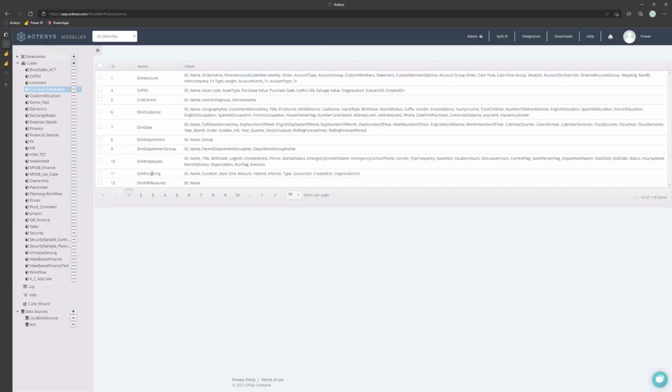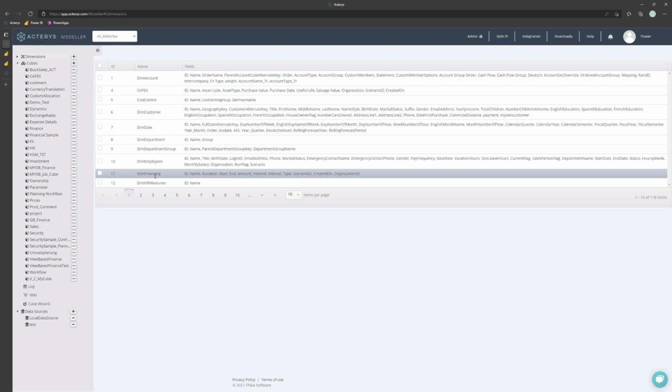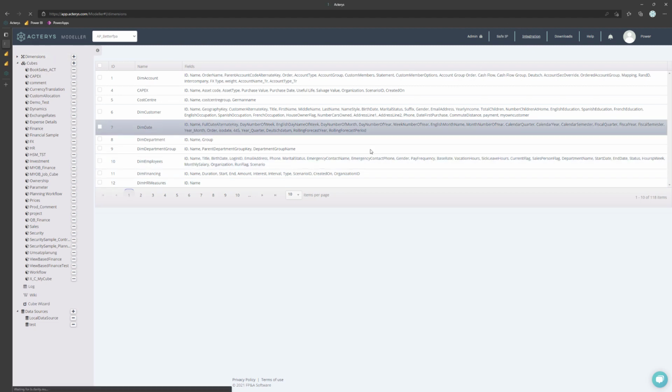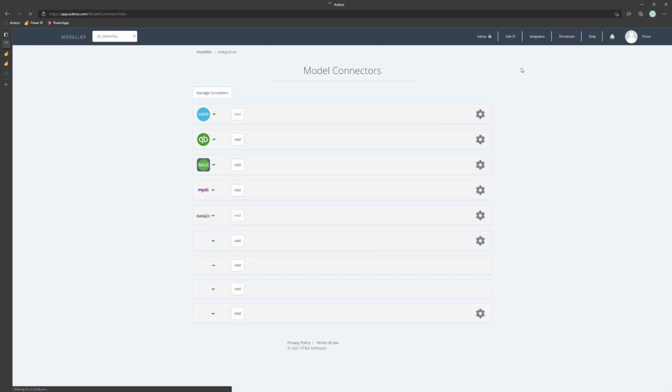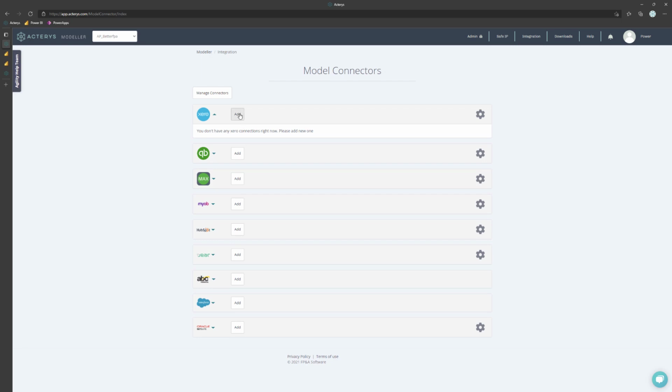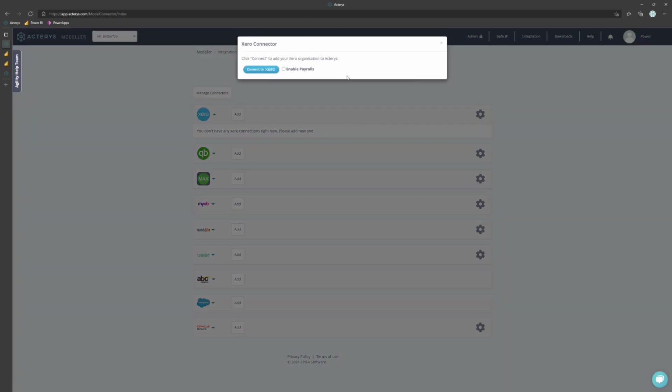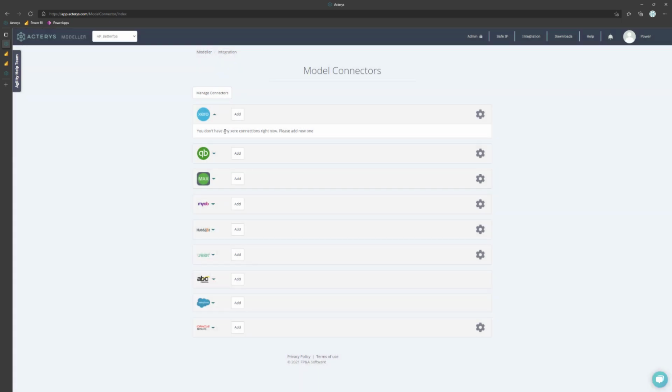Then, depending on what the requirements are, I would start in the modeler. If it's an apps opportunity, I would start with the apps. And with the apps, it's very simple. You just go to integration, and mention that we have all these apps to these software as a service, accounting and ERP solutions. It's a super simple process. You can just click on add, connect to the system of choice,